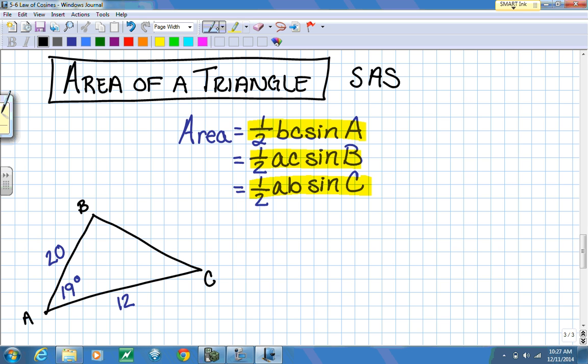So here I have a triangle that's down on the right here, which is side angle side, and I want to find the area of that triangle. So from all of this, I have little c, which is 20, and I have little b, which is 12, and I have angle A, which is 19. So if I want to go ahead and find the area,